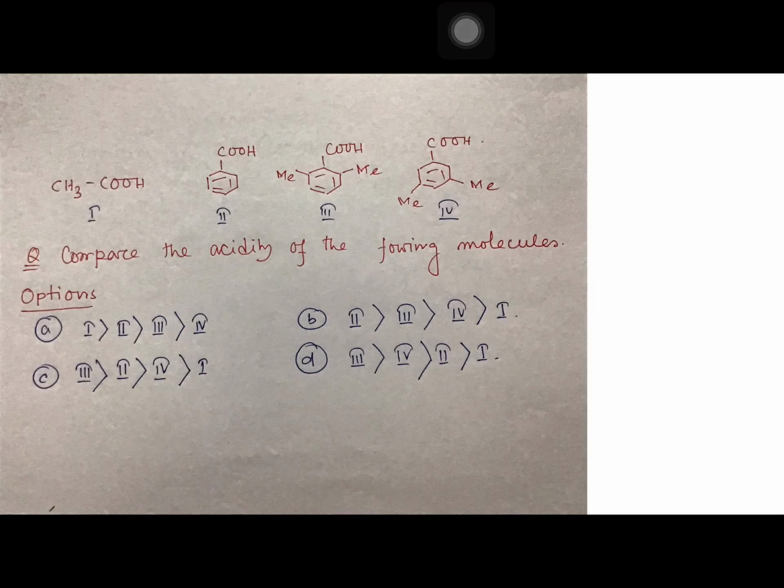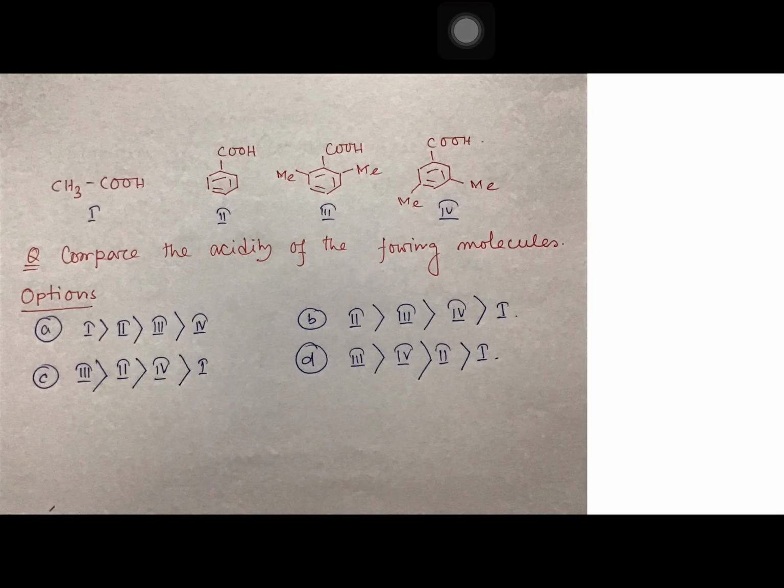So today we will discuss a comparison of acidity of 4 different acids, that is acid 1, 2, 3 and 4. Okay. So as usual, I first request you please pause the video and try by yourself. 4 options are given. You have to find out the correct acidity order of the molecule. Now see, 4 options are given. So first you pause and try by yourself, and definitely I shall explain the question after some time.